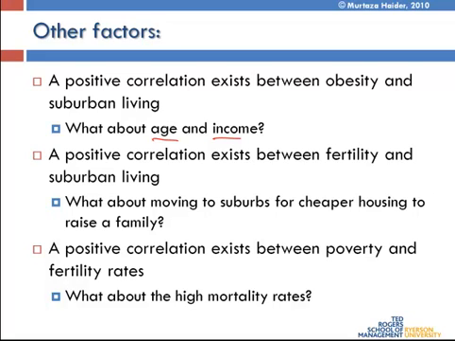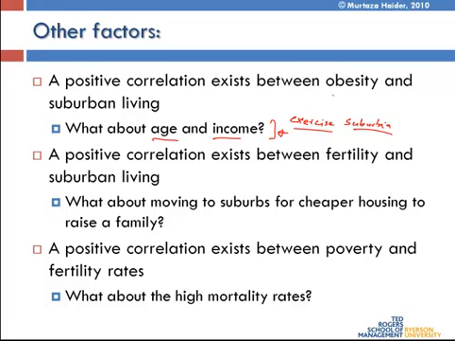When you get older, your metabolism slows down, and when you've been working for a longer period of time, you have higher income, but you also have children, and you're entering a stage in your life where the opportunity to exercise is not as widely available as when you are 20-something and you have freedom in terms of time and other pressing demands on your schedule. So could it be true that it's not suburbia, but a question of lifestyle or life cycle